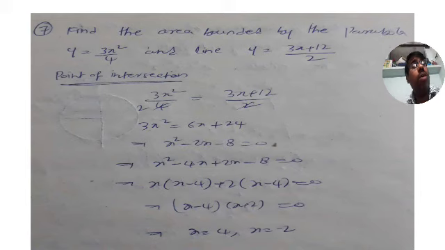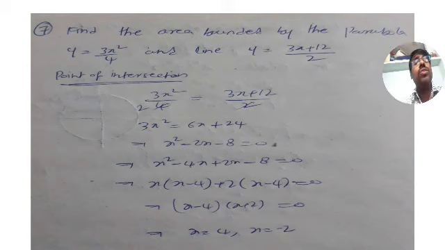Here is the new formula, the fifth formula that we are using, the area between the curves. Up to now what we used: the area under the curve, that is curve, x-axis, line x equal to a, line x equal to b, is the integration a to b of f of x dx. And the second one, x is equal to f of y curve, y-axis, line y equal to c, line y equal to d, is the integration c to d of f of y dy. Now the third formula is the area between the curves, integration a to b of f of x minus g of x dx, that is upper curve minus lower curve.